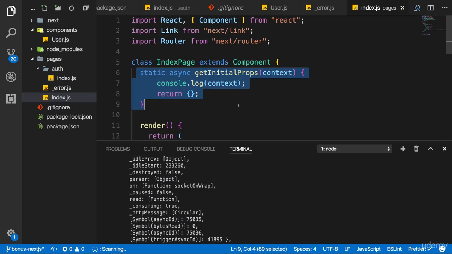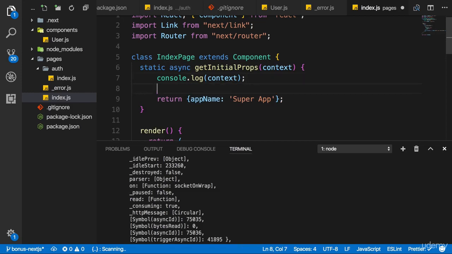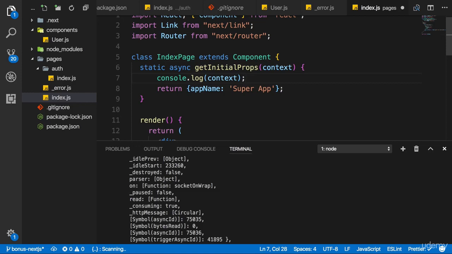It executes either on the server or the client, and you can use it to initialize your app before it loads. So on the server, for example, in getInitialProps, you could fetch data from a database and then pre-populate the props this page component will receive with props of your choice. For example, here we could hardcode an appName prop, which is "Super App", which of course here isn't fetched from some database, but you could easily do that. Since it's an async method, you can use the await keyword in here to await for a promise to resolve, and you would typically have a promise if you are reaching out to a web server, for example with Axios.